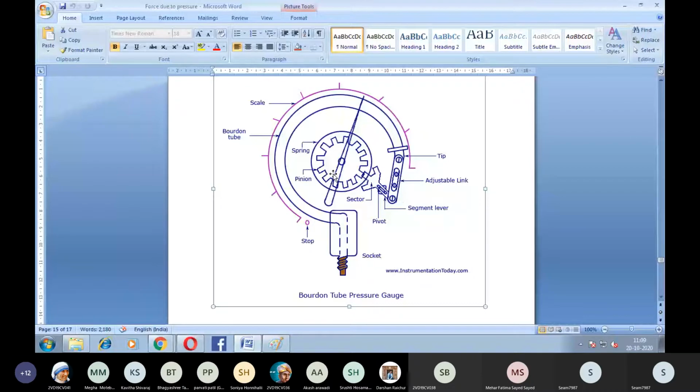And this is the scale graduation, by which we can read the readings. This is a scale which is provided. It starts with 0. For example, let me take 10, 20, 30, 40, 50, 60, 70, 80. Likewise, the scale is provided. Here you can see this is the needle which is going to move on this particular surface.